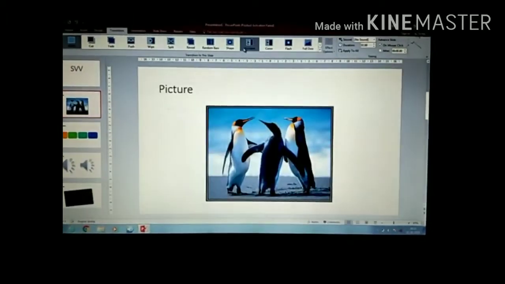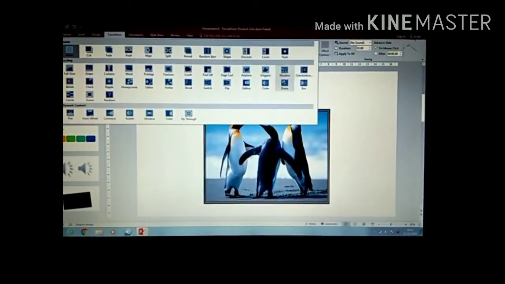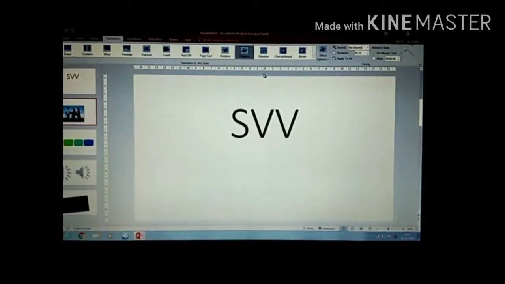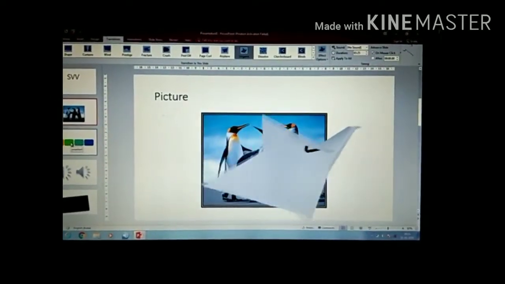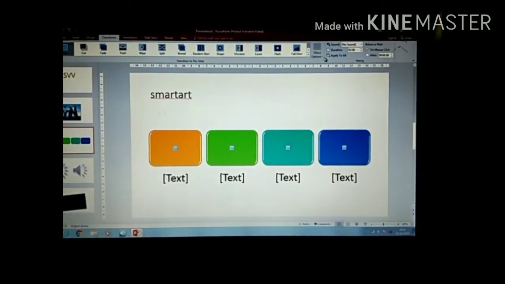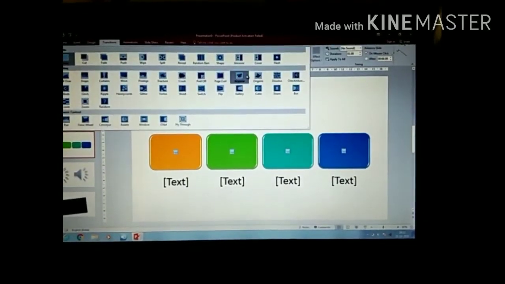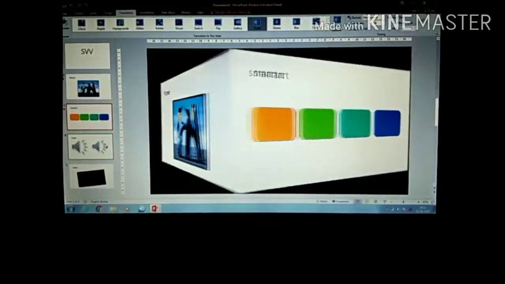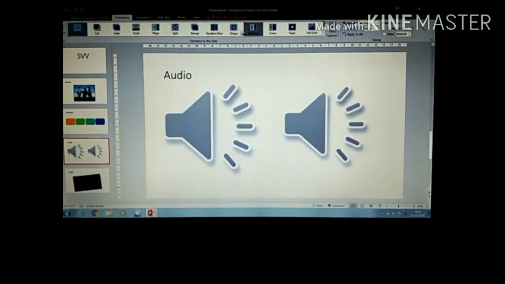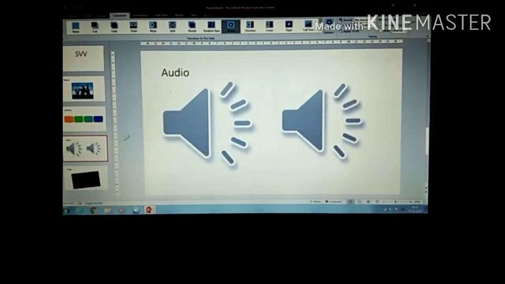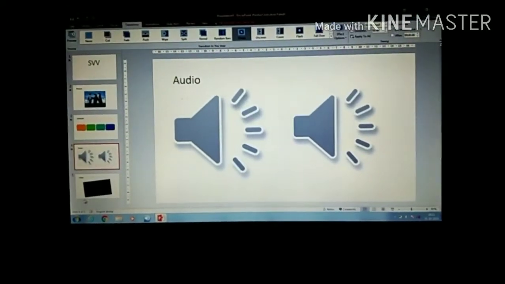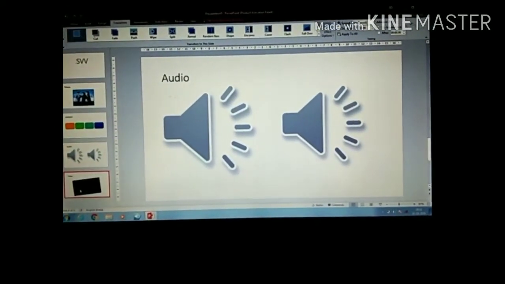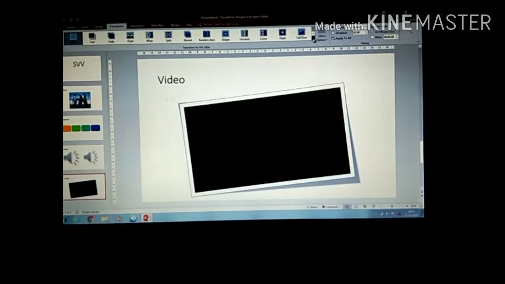Select the second slide, and the next option for it. Select the third slide, select the next transition. Again select the next slide, you will get the next transition. After that, select the next slide and choose the next